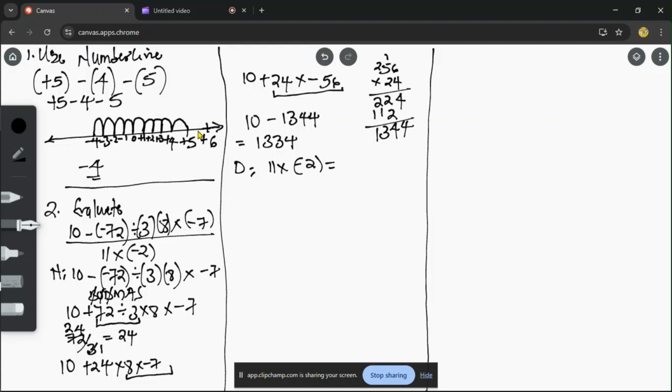Then when I come to the denominator, it reads 11, you're multiplying by minus 2 in bracket. So this is the same as 11, you're multiplying by minus 2. If I take 11, I multiply by minus 2, positive, negative is supposed to be negative. Then 11 multiplied by 2 is equals to 22. Therefore, numerator all over denominator